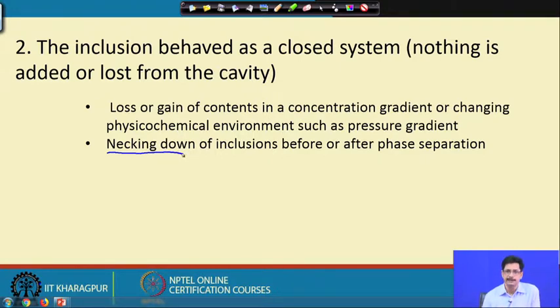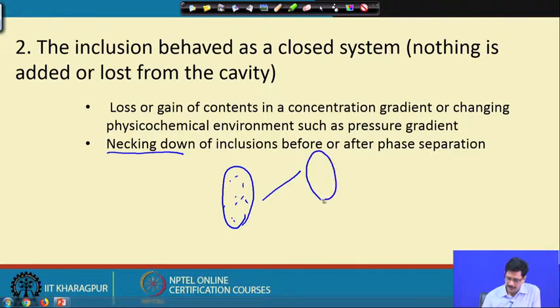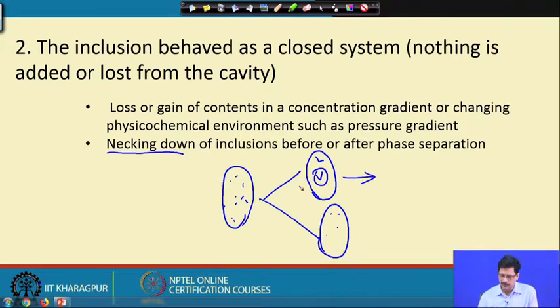What we essentially mean by necking down is, if we have originally a fluid which is entrapped, a homogeneous fluid, either it has already evolved into a two phase situation as liquid and vapor, or it has remained as liquid, and this particular inclusion will get necked down